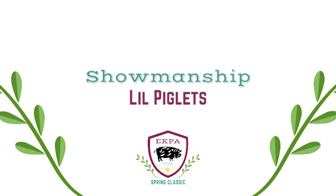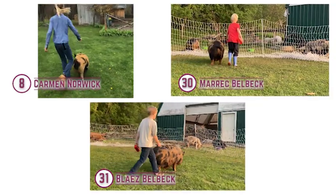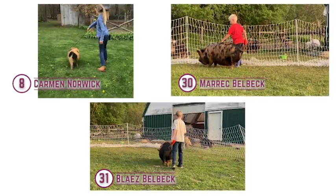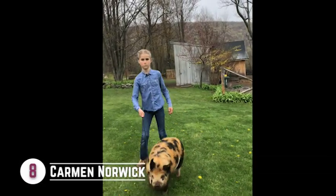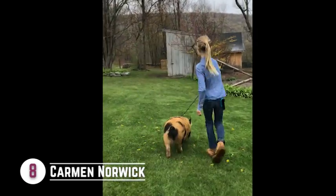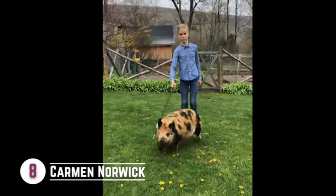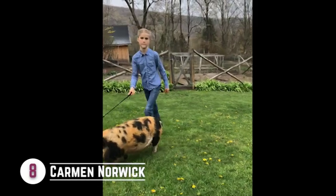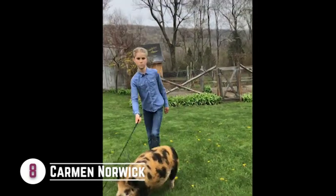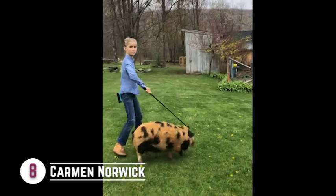In our first heat of showmanship, in our little piglet showmanship, we have three really nice young showmen that have done a wonderful job in getting these hogs prepared for show. We're going to start off with the young lady, entry 8. Simply, she seems to be a little bit more prepared for the show today. A young lady that has some poise and ease with getting that hog driven around the virtual ring today. And we certainly appreciate that that hog is being driven by her and not really dictating where it goes about